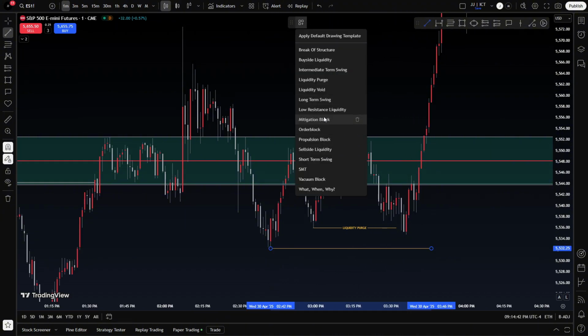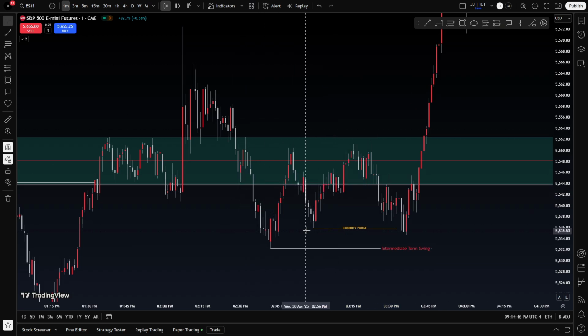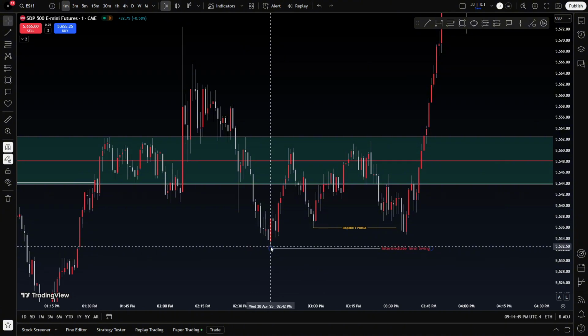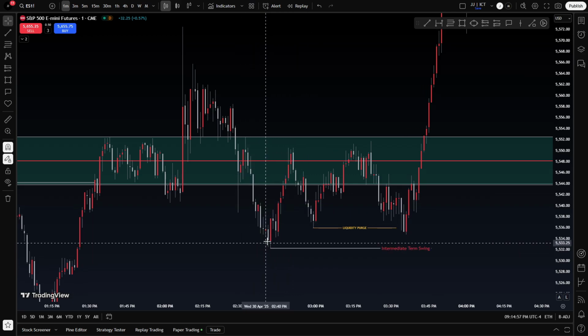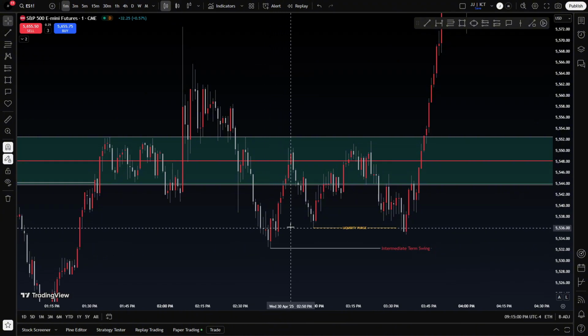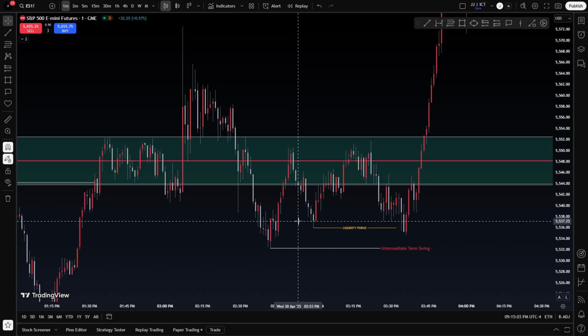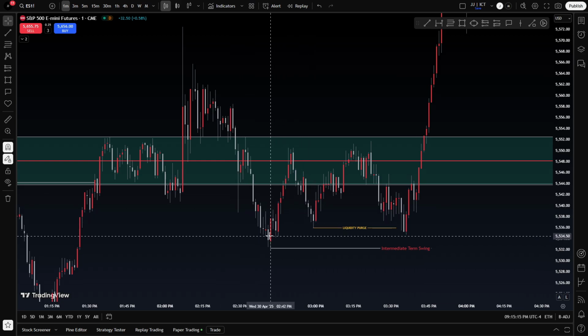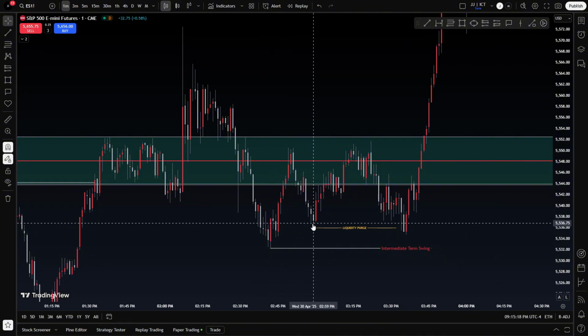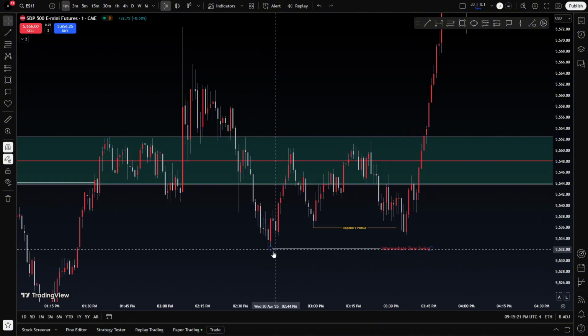If you don't know what an intermediate-term swing is, an intermediate-term swing is when there's two short-term lows above another low that's lower than both of them, obviously. Okay, hold on. Let me explain this well. Two short-term lows on both sides with a low in the middle. That creates your intermediate-term swing. As we see, we got one short-term low and another short-term low with a low in the middle that's lower than both of those. So we got two short-term lows that are above this low, making this an intermediate-term swing,